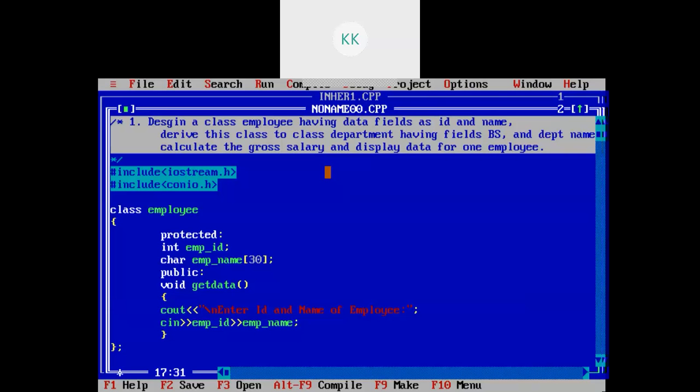So I have read employee ID and employee name. Similarly, I can display this data as well.